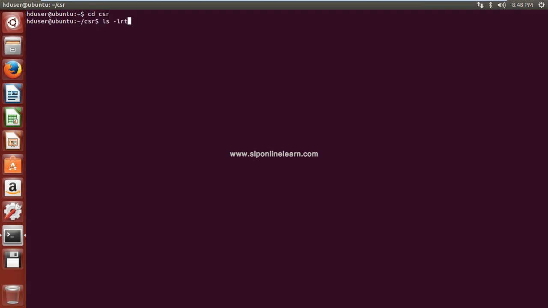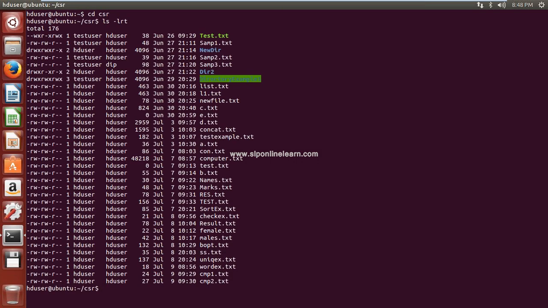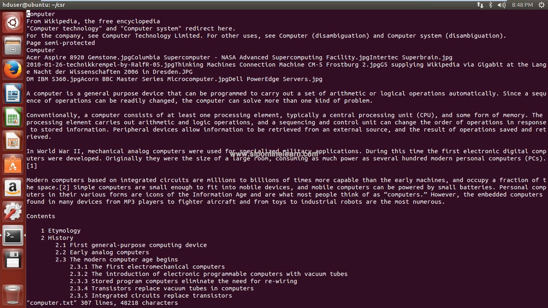Here we have one file, that is computer.txt. It's a big file. We'll open this file and see all these commands. Now the cursor is positioned here.